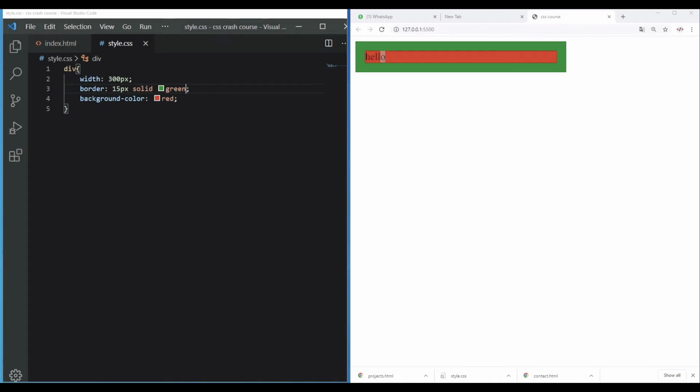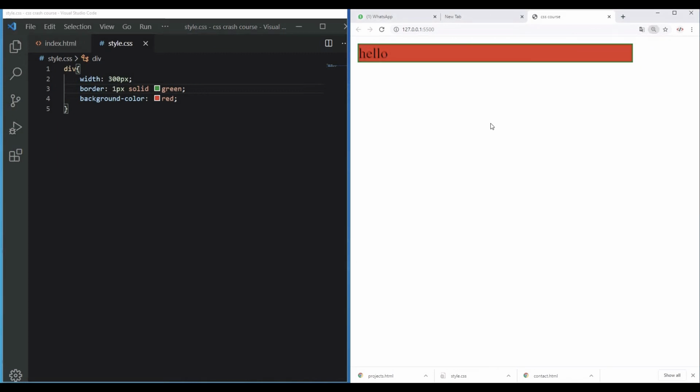As you can see, it's so big, so if you want to reduce the border, we can just make it 1 pixel, and as you can still see it in here. So let's just zoom in because my monitor is big, and keep going. Alright,